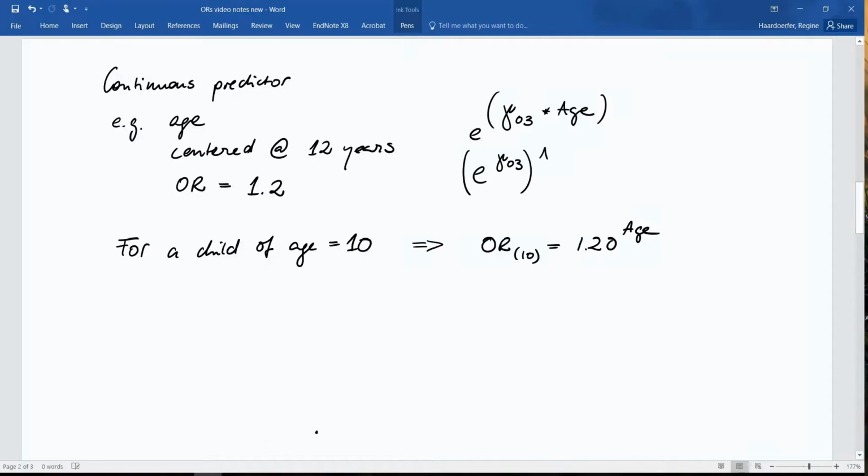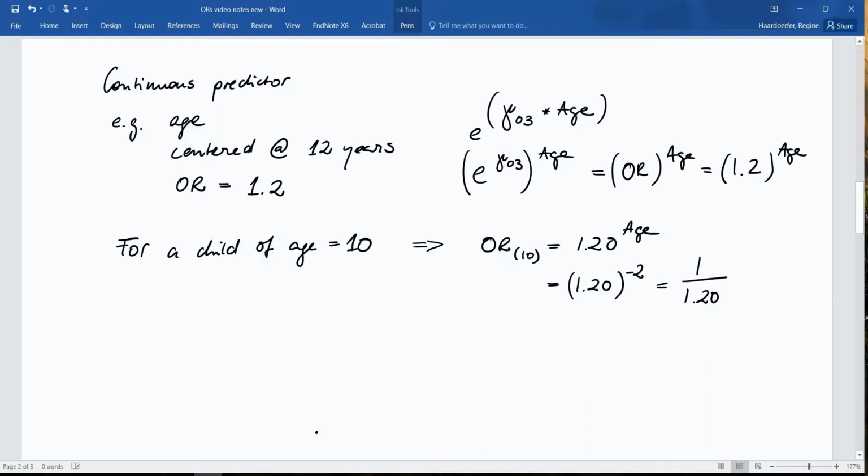To the power of age, where e to the power of the gamma is our odds ratio, to the power of age, which in our case I chose to be 1.2. So if a kid is 10, that means that age is coded as -2. And to the power of -2, just in case anybody remembers, would be the same as dividing by 1.2 to the power of 2. But you plug it in the calculator and you get an odds ratio of 0.69